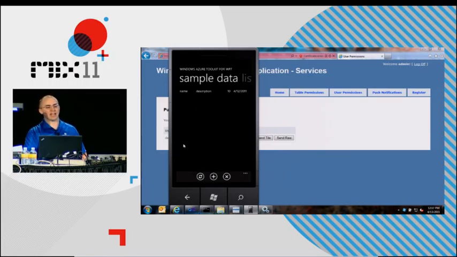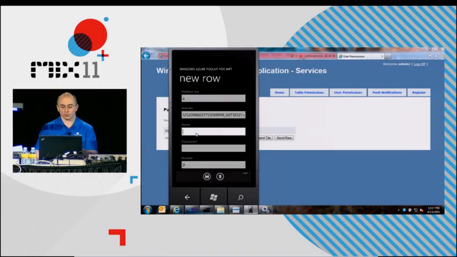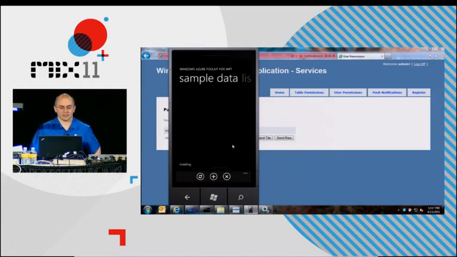I also have a table called sample data, where I can show how I can create new rows of data within it as well. So I could say mix demo, saving some data, and I can even put a number. So this is just sample data. Go ahead and save that. And when it reloads the list, we'll see that,